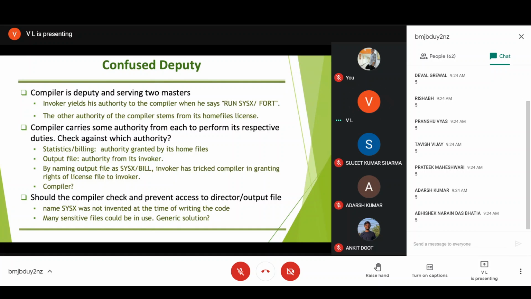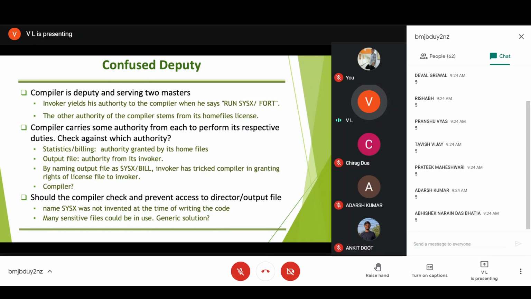The problem is that the compiler doesn't know which is the privileged area and which is not, because the compiler code will simply look at the file. The compiler code was supposed to read the input of the file. Let's look at the initial part of the compiler. It is looking at the input file name and the output file name. So it reads the input file, compiles it, and writes the output to the output file. Then the code will run for generating the bills and all that. So if it is overwriting,